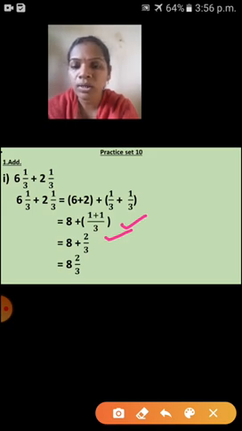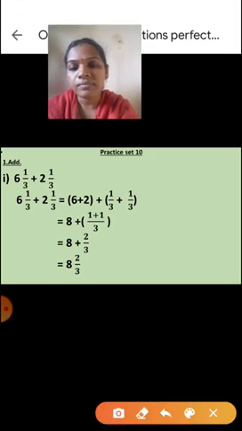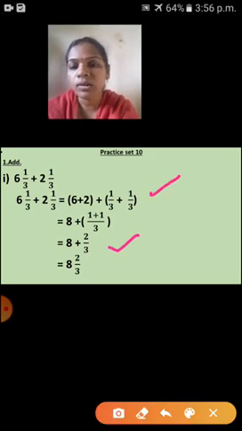Okay, so I hope you understood this second step. Next one you have to see this one. So this is over and this also over, and next one is 8 plus, so 1 plus 1, what is your answer? 2 upon 3. 2 upon 3. Understood, children? And next one is final answer, that means mixed number and proper fraction.